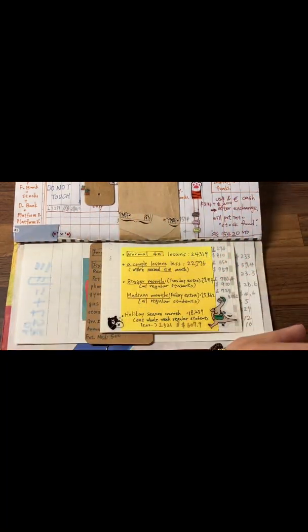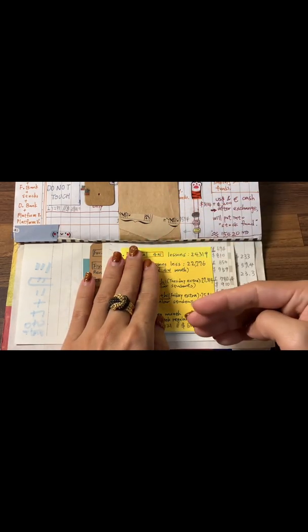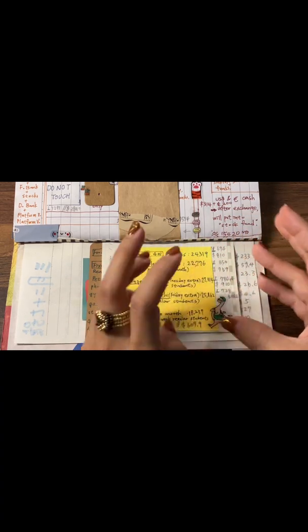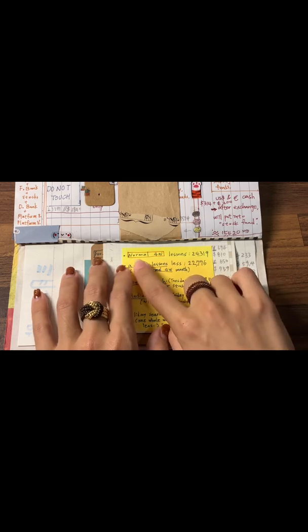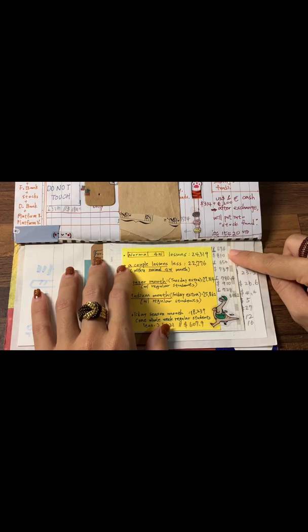And for extra students, I would only count them at the end of each month and then write down how much I actually earned, and how much extra money I can put into my sinking fund. I hope that makes sense. So a normal 4-week month of lessons is about this much money